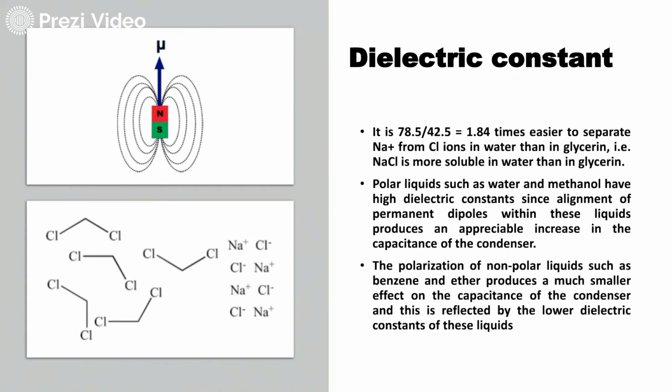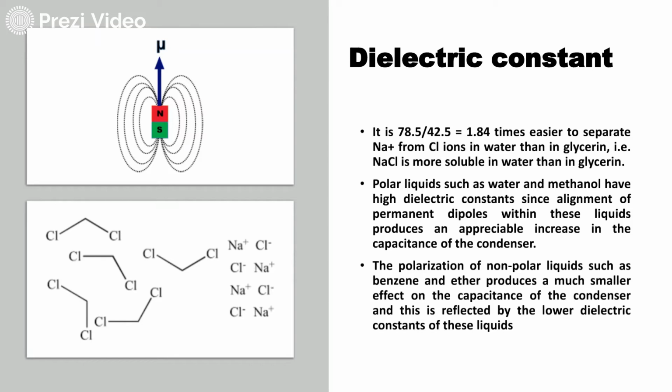Now, one thing very important to be noted down here is that we can understand what medium should be placed in between the capacitance so that there can be more conduction of the electricity. For example, if we take two molecules, sodium chloride. So for the sodium chloride, it is about 1.4 times easier to separate the sodium from chloride ions in water